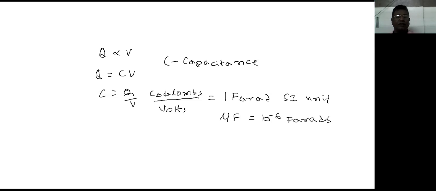Now this has to be understood very clearly, please. An important point is C, that is capacitance, does not depend upon charge or potential. Remember that. When charge increases, potential also will increase, so that this ratio remains constant. So hence, for a given capacitor, the value of this capacitance is constant. Of course, we are having variable capacitors, but for given specific conditions, this capacitance remains constant. It does not depend upon charge, or upon potential. Okay, so I hope you have understood this.